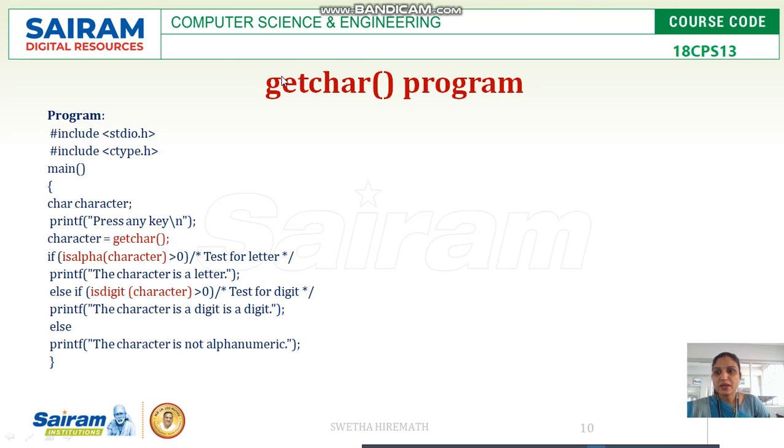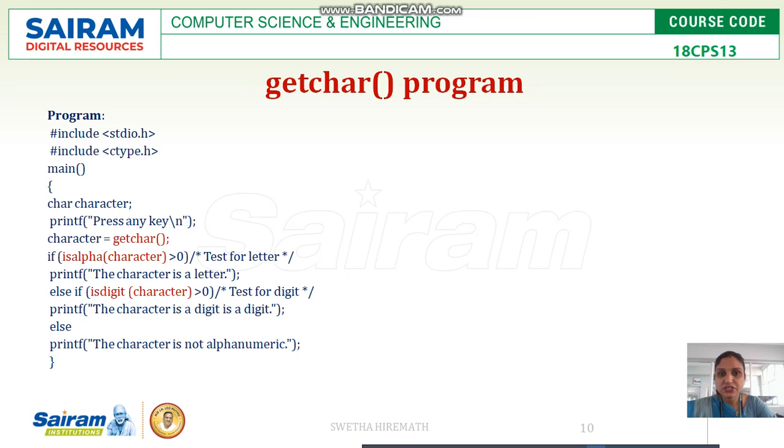Coming to the program here, in this program we are going to check whether the character we are entering is an alphabet or a digit, based on two more functions, isalpha and isdigit. isalpha is a function to check whether the character we have entered is an alphabet. If it is an alphabet, we print that the character is a letter.